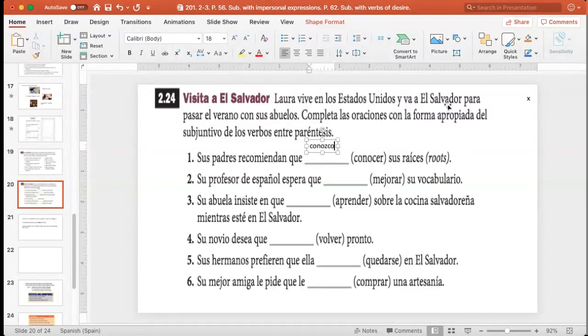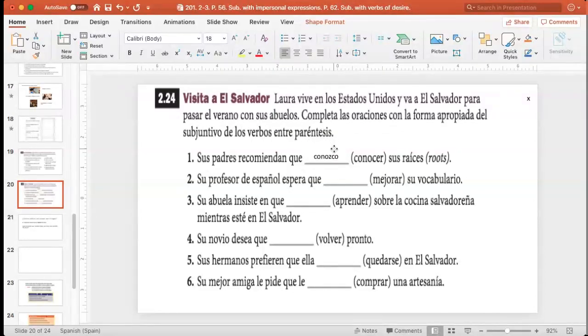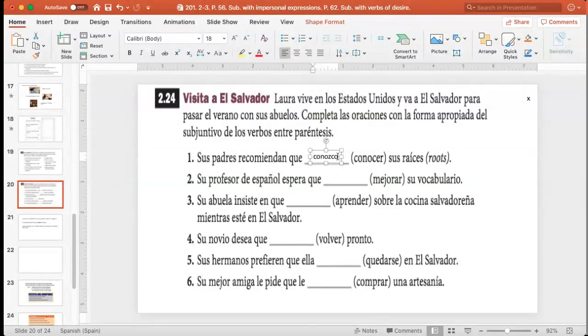So, Laura is going to El Salvador, no? To spend the summer. So somebody is recommending Laura to do something in El Salvador. So the subject is going to be Laura, no? Por ejemplo, sus padres recomiendan que